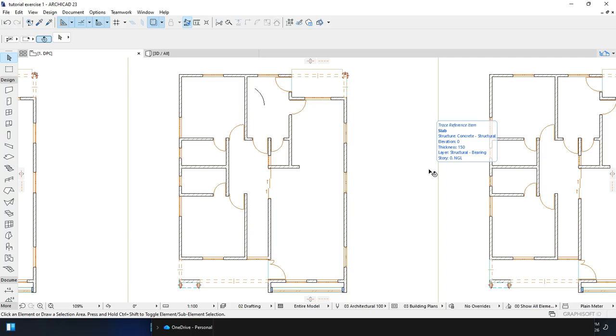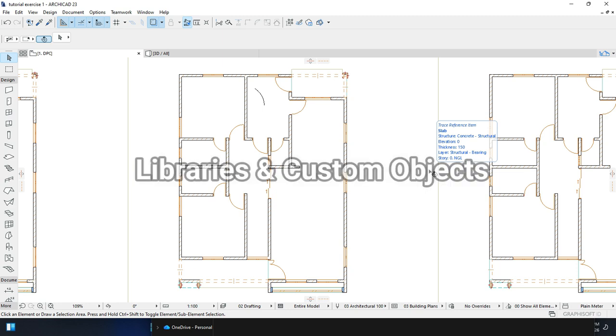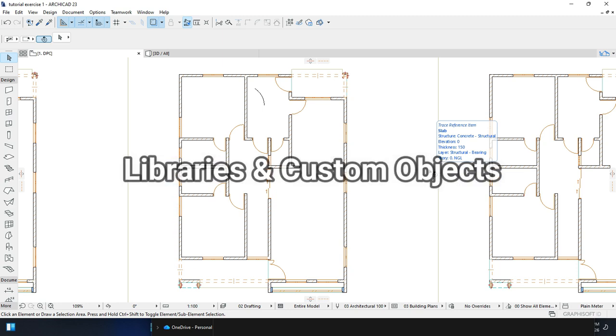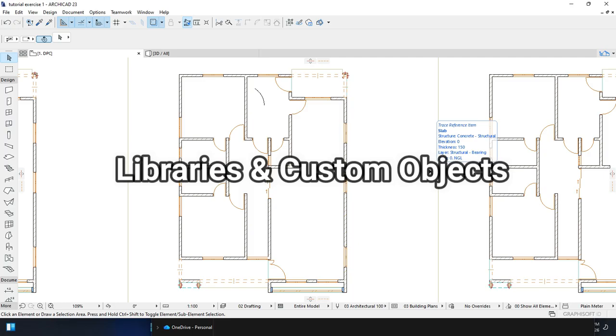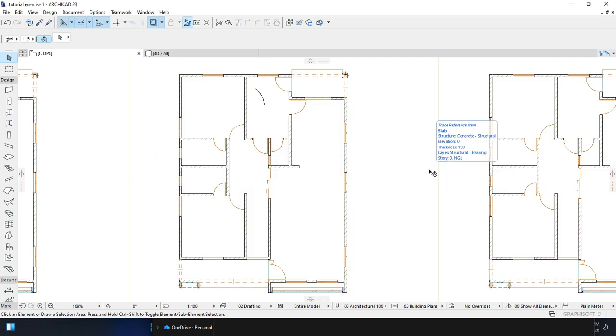Without wasting much of your time, let's head right into the business of the day. What we have on screen is a simple floor plan of a 2-bedroom bungalow, and as we can see, it is empty. So our topic today, being Objects Library and Custom Objects, is for the sake of furnishing this simple floor plan. We have to put in all the furnitures in the respective spaces, and for us to do that, we have to